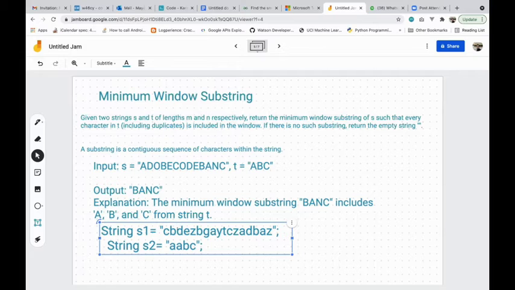Now D is not present, we will not do anything. E is not present in string 2, we will not do anything. B is present, but we have already received its count equal to whatever was required. So it's up to us whether we want to increment in our S1 map or not.